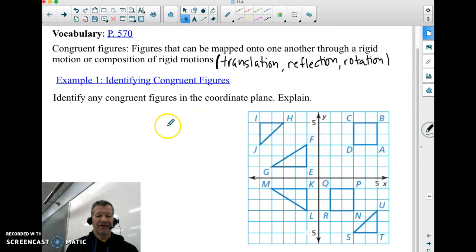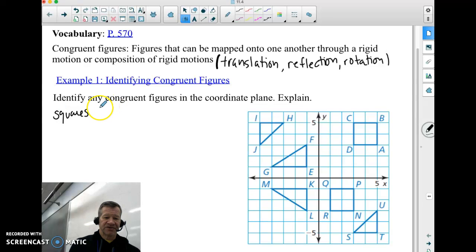So now, identify any congruent figures in this coordinate plane and explain. Well, let's start here. We've got a square, ABCD, and then another square, PQRN. Those are both squares that are 2 by 2. They're 2 on each side. Those would definitely appear to be